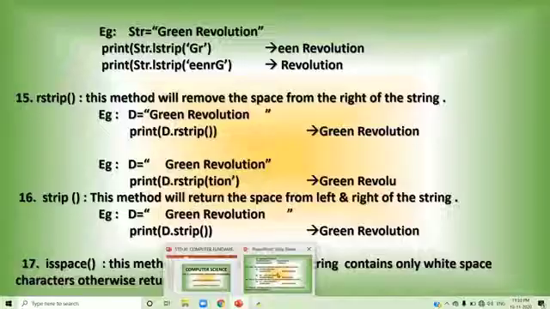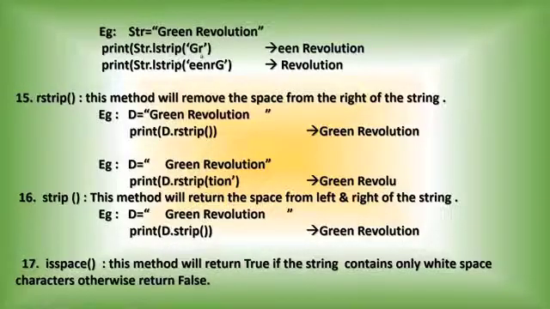It's there in the slide also. So here I just written GR. I told you in the beginning itself, something inside the bracket is known as argument. So here the argument of the L strip method is GR. So GR will be removed from the string. Now there is one more example. The green I just written altering the characters and just written over there.